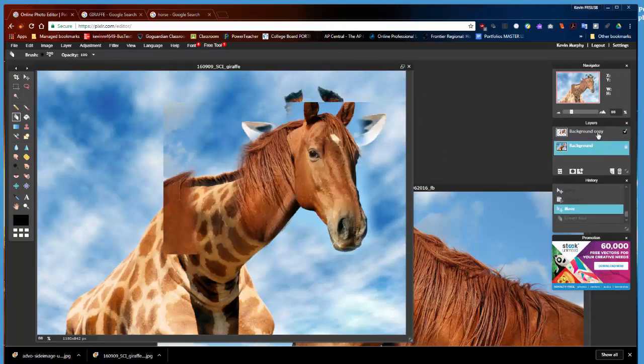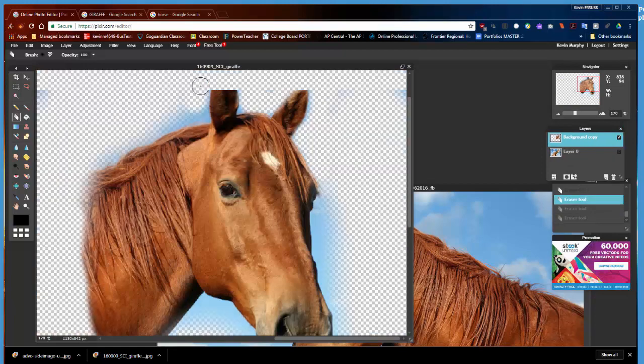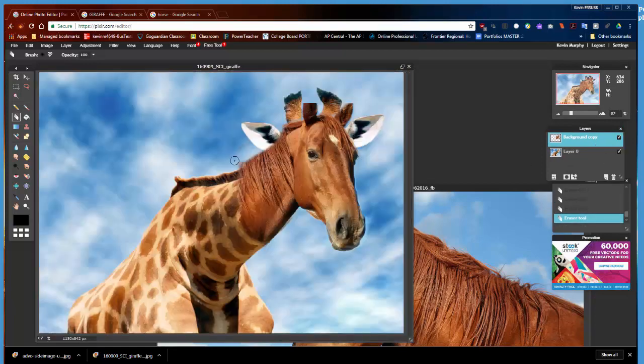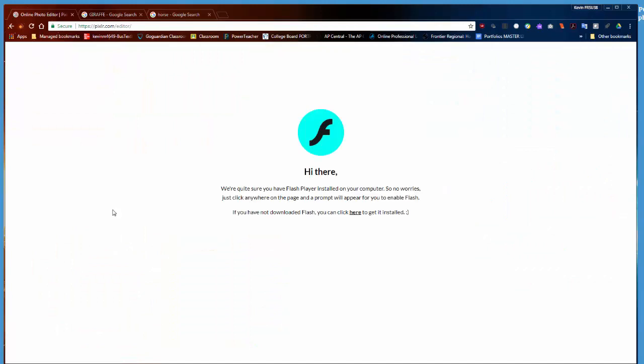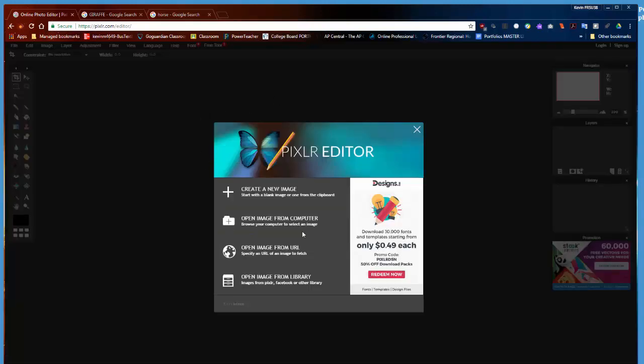To get started with the new species project, what we're going to use for tools is this app called Pixlr Editor. If you don't have it, you have to go to the web store and get it and add it to your Chrome. Here at school, when you click on it, you get this kind of, hey, you got to click here for Flash. So you click that, you got to leave, allow, reload. It's annoying. And then when you get here, you can get started and start working, but the problem is you